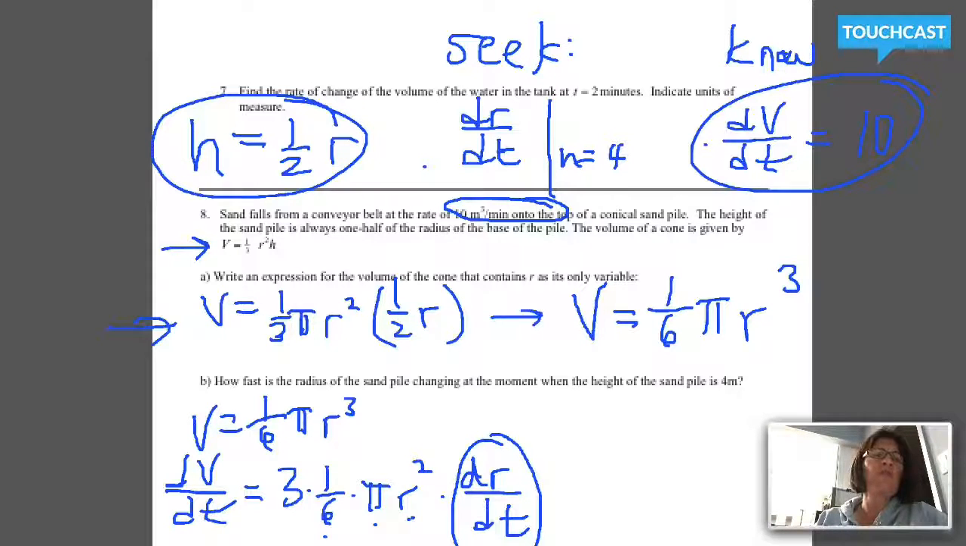So I'm going to go back to, I've been asked when the height of the pile is 4 meters. I'm going to go back to that equation I started with. So 4 equals 1/2 r. Multiply both sides by 2 and decide that at the moment when the sand pile is 4 meters high, it has a radius of 8. So I'm going to